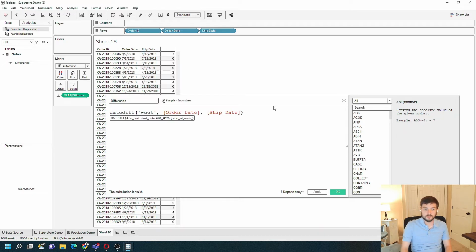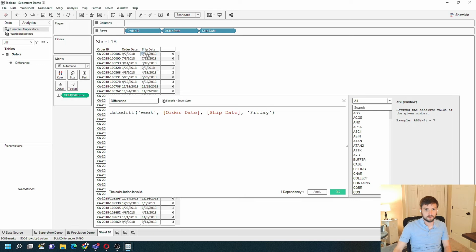One other parameter within Datediff that you want to look at is the start of week. You can adjust how many weeks it's been if your start of the week starts on a Monday or a Sunday or say a Friday. If I change the start of week to Friday, it's going to change to 0 weeks because it has not been a full week from Friday till Thursday for